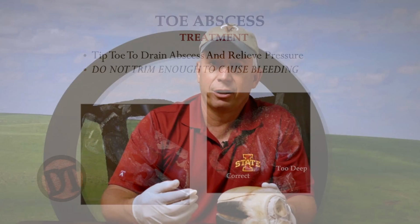Remember, these are usually on the back limbs. Cattle carry 60% of their weight on their front limbs. So when we relieve or take a claw off the back, we're not going to put a whole bunch more weight load. Only 40% of the animal's weight is on the back limbs. So we have more success when we remove claws. And you'll want to use a veterinarian to come out and help you with